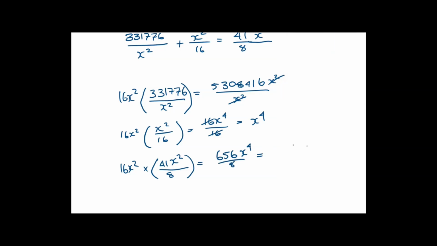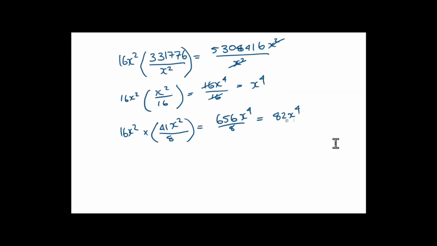Okay, so we've got 82 x to the power of 4. So let's line all these things up. So we have 5,308,416